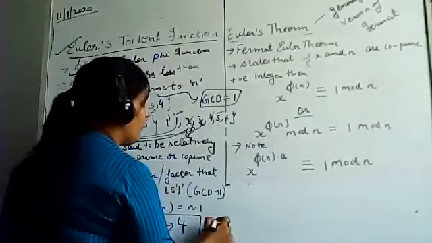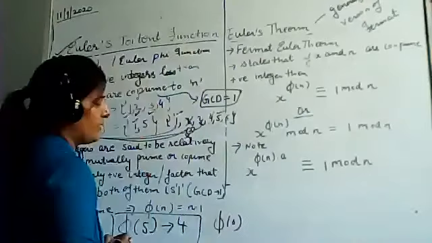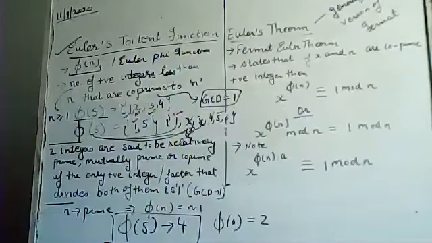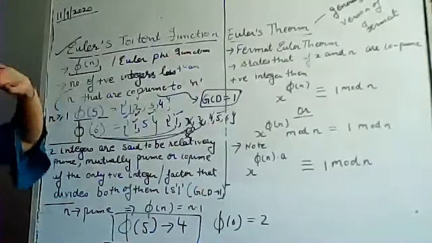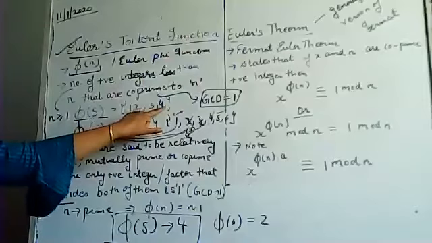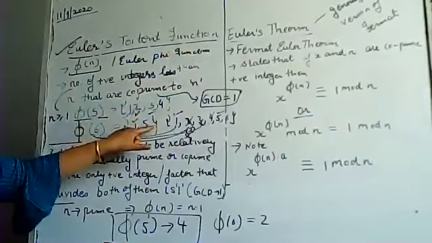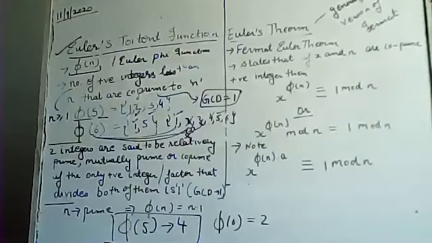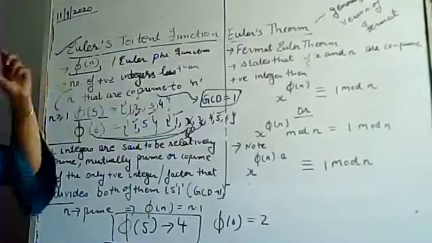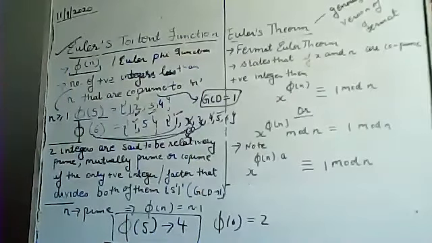Clear? Now what will be the value for 6? That is 1, 5. So the value will be 2 over here. Clear? So don't get confused. If somebody asks you to find the Euler totient function for a particular number, then you don't have to write all of this. You are just writing these things for your convenience, to see for which numbers you get the GCD value 1. Apart from that, the final answer is the number of positive integers, that is the total quantity. How many numbers are there in this particular set?